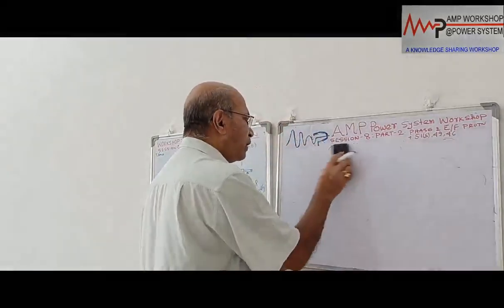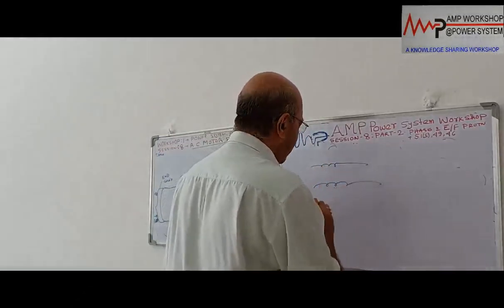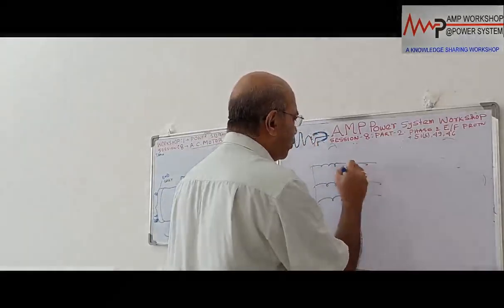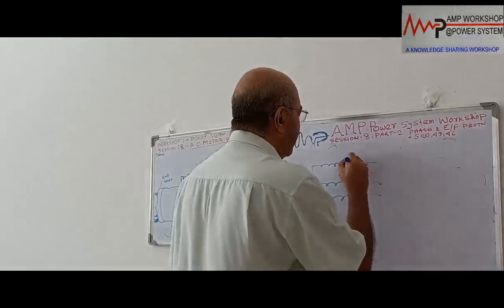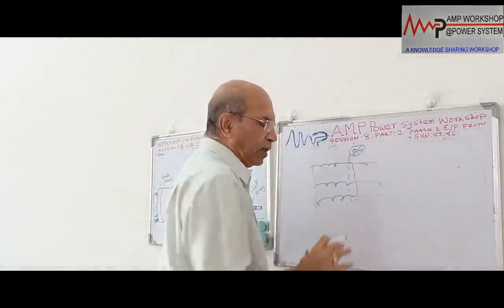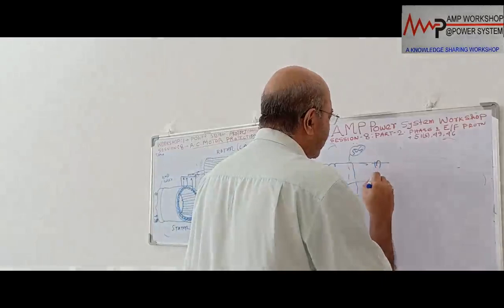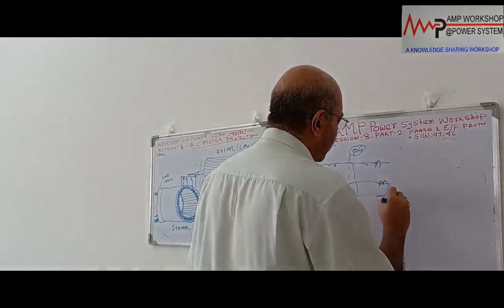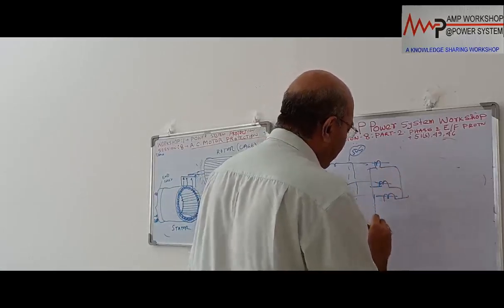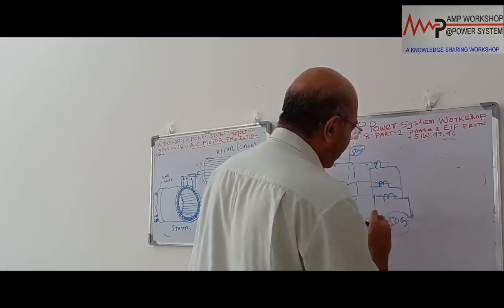In that case, we will put the CTs on the phase side. Suppose this is the motor winding. This is the option we discussed, that is the CBCT, and we provide a 50G relay. But if the cable is such that we cannot pass it through the CBCT, then we provide three CTs over here, which are shorted together, and then we provide a 50G relay over here. It is a summation CT, a residual connection.